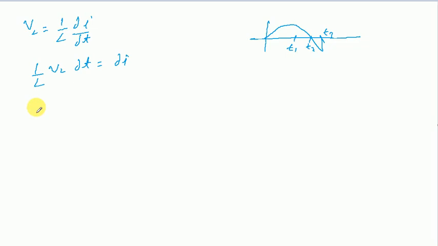Okay, so if we integrate both sides of this equation for this whole conduction period, let me draw the inductor voltage waveform as well. This is the output voltage. Okay, if I draw the inductor voltage waveform for this one,